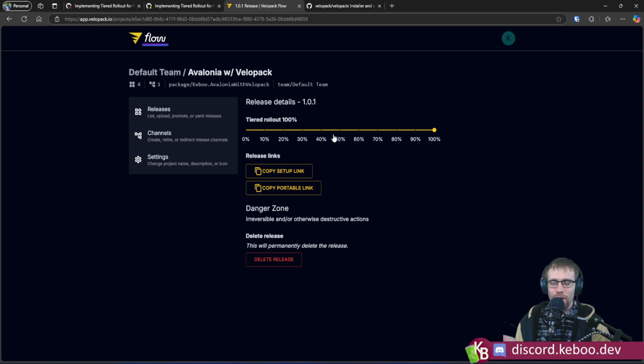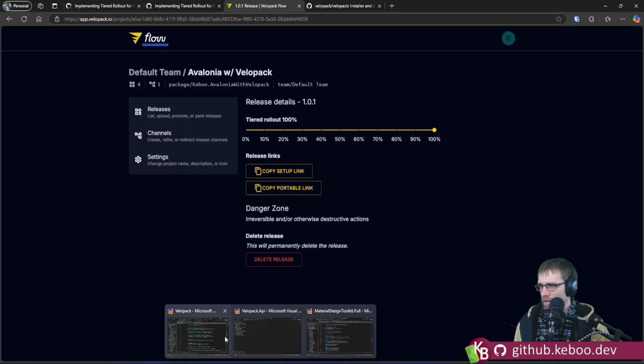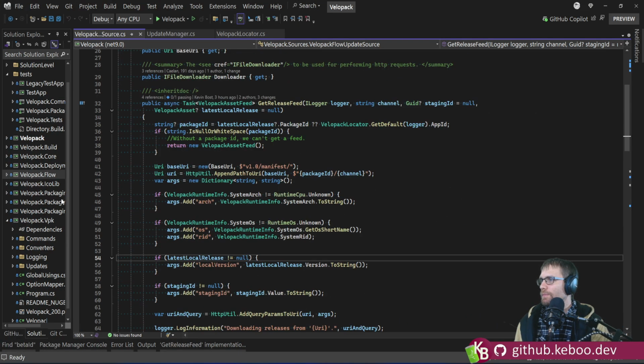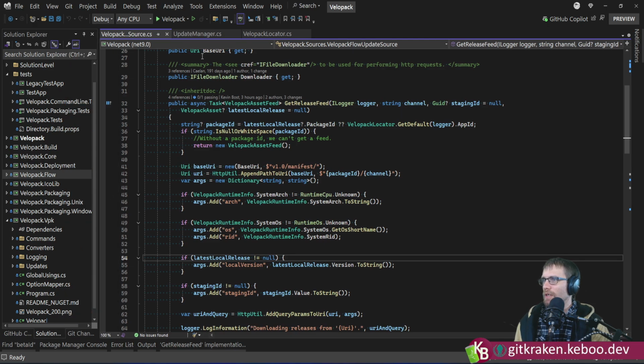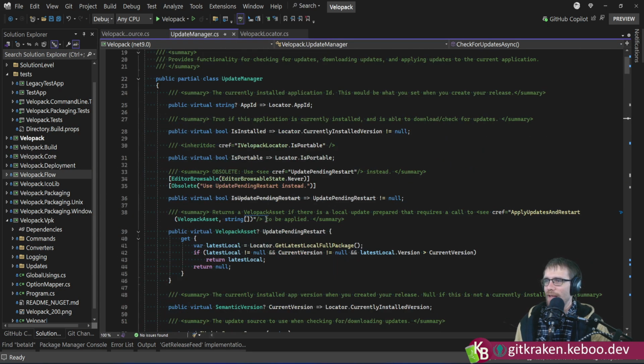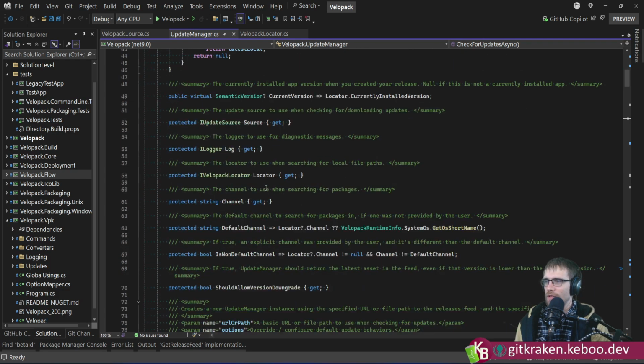Now here's the hard part. We don't know anything about users, right? Like, you as a developer may build an app and ship it with Velopack, but the number of people who install your app, that's kind of arbitrary. So the idea here is, if we look at the core library, there's these various, so update manager is kind of where everything starts for the APIs as far as getting things going,